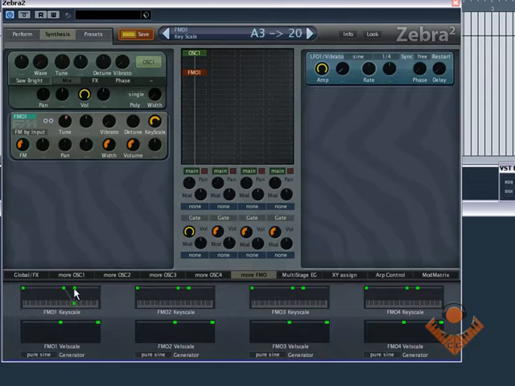So if I bring this down somewhat, I can use it to keep the higher pitches on the keyboard in control without it going absolutely crazy. And again, the velocity is the same. It's the same as the oscillator. It controls how hard. You can hit it hard and you won't hear anything, or you can hit it soft